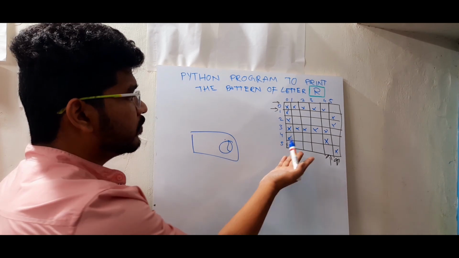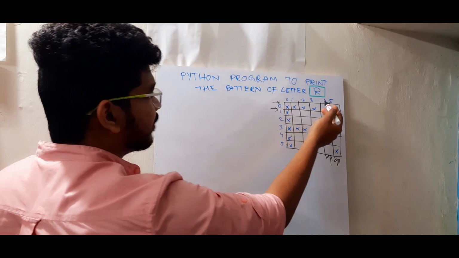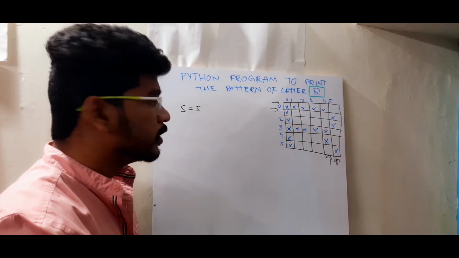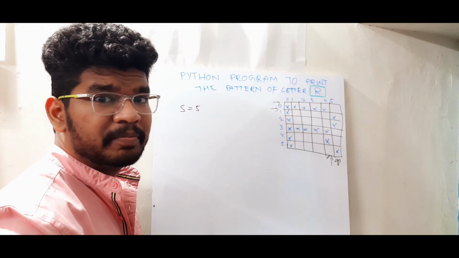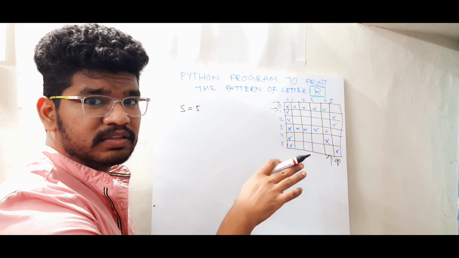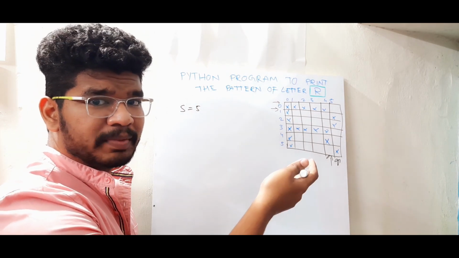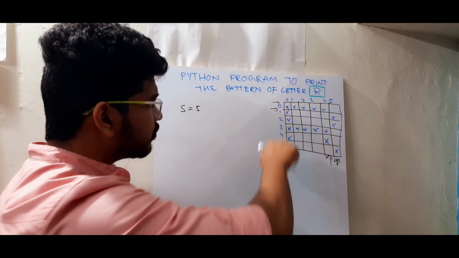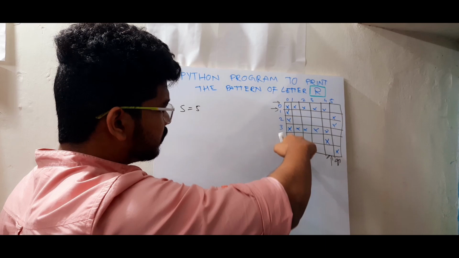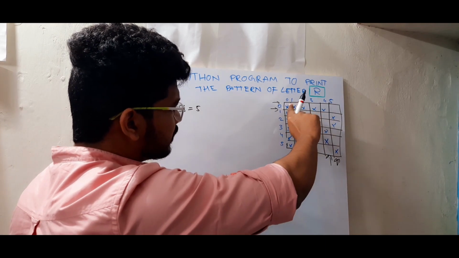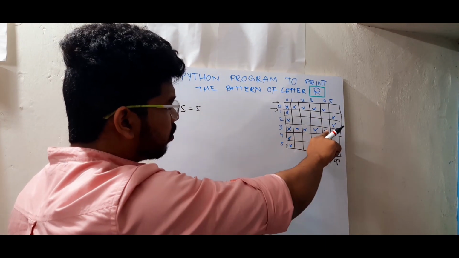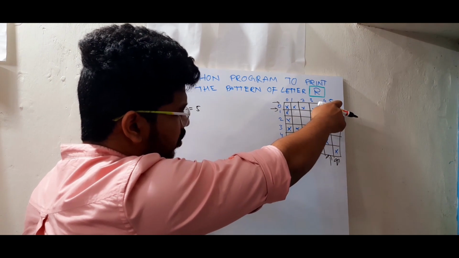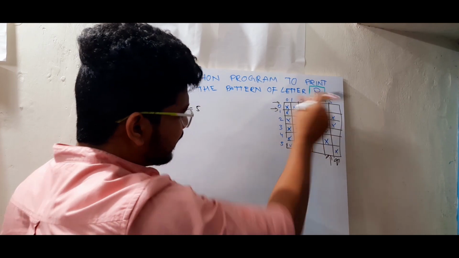So now let's start with pattern of letter R. As you see, this is a 5 by 5 square, so I'll take the size as 5. Like in all the previous programs, we'll just make some conditions where to print stars and where to print spaces. Here, if you see the pattern, we first need to print stars in this first column, and also in this first row, middle row, and also in this last column, and there's a slanting line here.